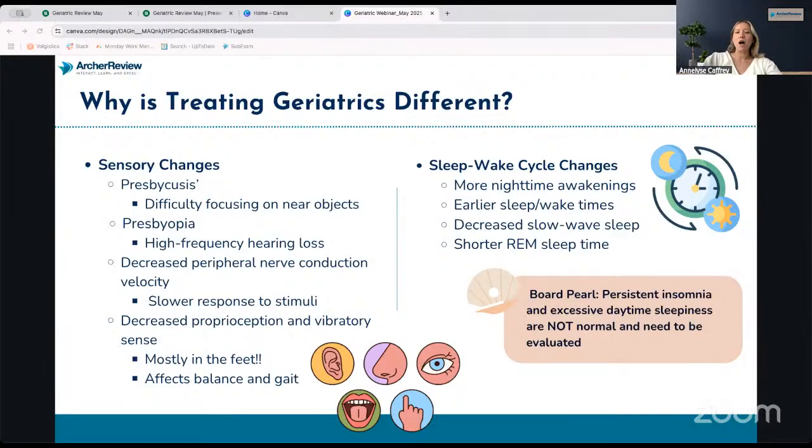Sleep-wake cycles: insomnia is going to be a really big issue in the aging population. It's due to a lot of different things. They're going to have more nighttime awakenings because they have to use the bathroom, because of the medications they're on, and life stressors. They spend less time in REM. That's just a thing as we age. So we want to make sure that we are assessing for sleep-wake cycle changes because it can really mimic dementia and can cause dementia long term. So it's important that our older adults are getting enough sleep.